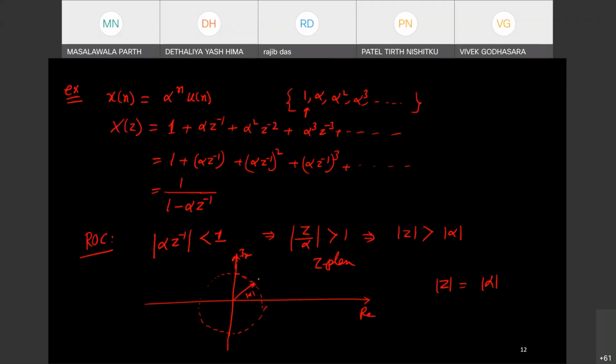Now, if it is outside that one, so Z is this side. In this region, outside this circle, the sequence will converge. This Z transform will converge, and inside, it will not converge. Clear? So this entire Z plane, except within the circle with radius mod alpha, you have to be careful. Right. Now, similarly, if you have a negative sequence,